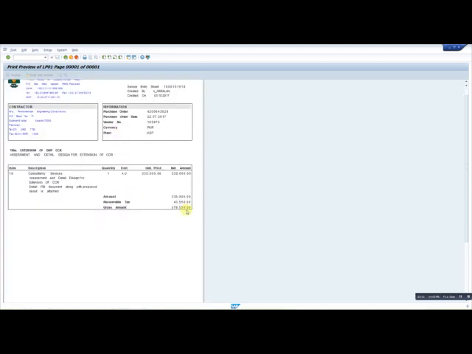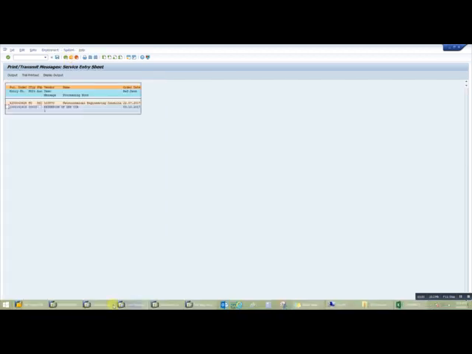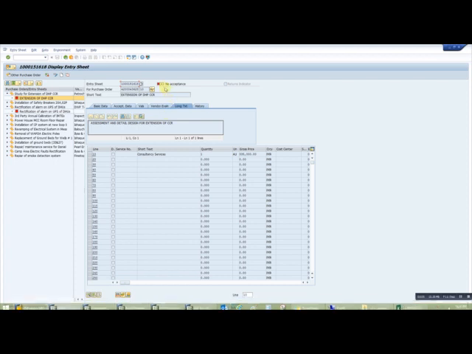Check it and display output. Now you have to confirm that this service entry sheet matches the invoice from the contractor, and then the next step would be to send this service entry sheet to the manager for release, because this is not yet released, and this is the red button which means no acceptance. Now we have to get it released from the authority or the management person or the manager of the field.